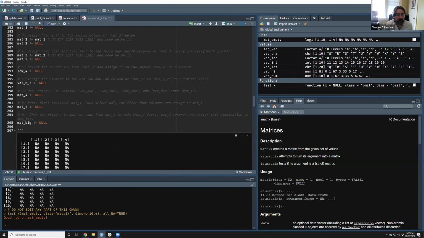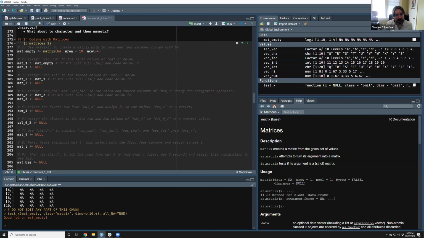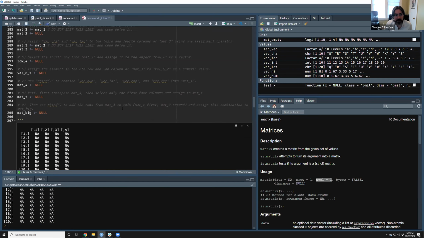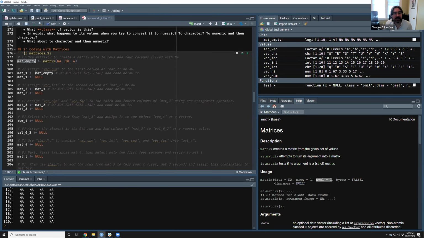Okay. You could also, and this is a good point, because the first argument is data, the second argument of the function is the number of rows, and the third is the number of columns, you could shorthand this and just say matrix 10-4, and you'll get the exact same answer. In R, you don't actually have to name your arguments by saying nrow equals and ncol equals, as long as you provide them in the order that the function documentation specifies them. So Courtney's answer there is exactly right. It's a way to give a shorthand, and then we do it all the time without thinking about it.